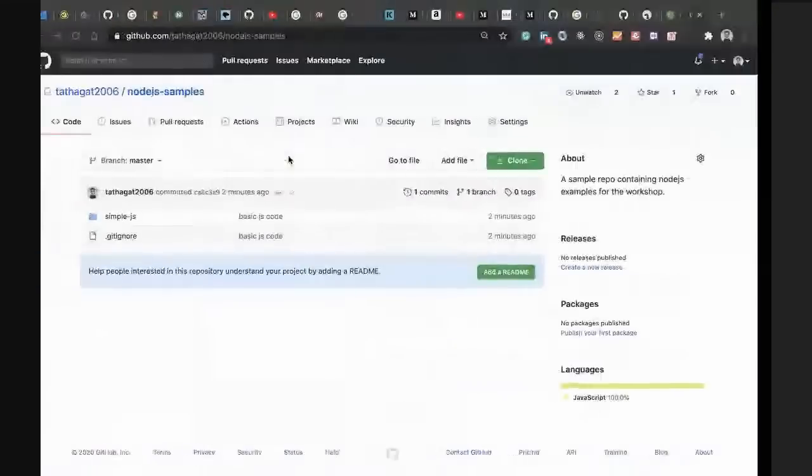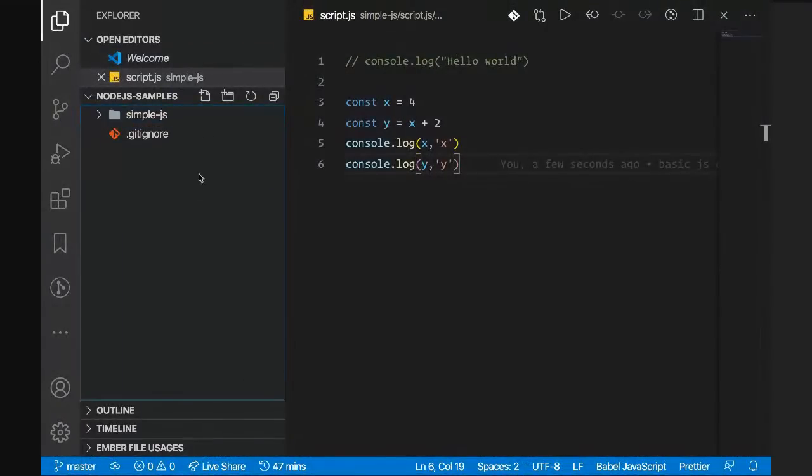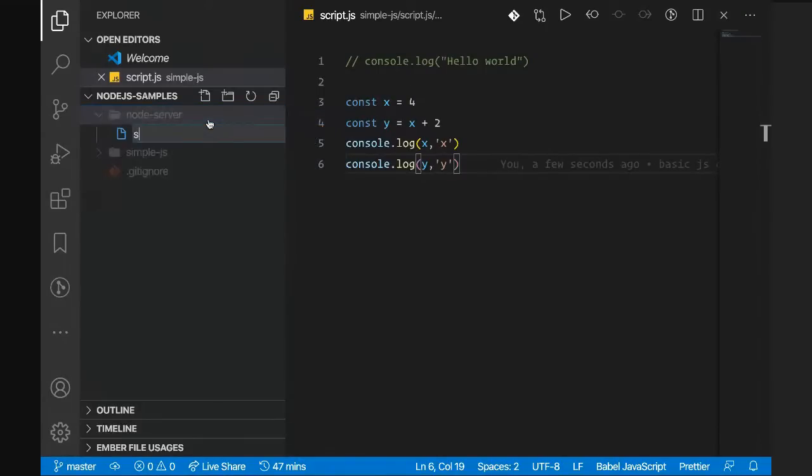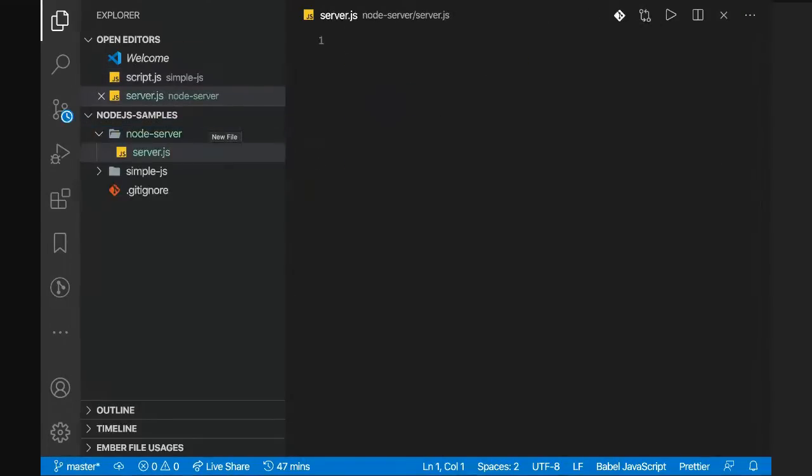So what I'll do, I'll make another folder, Node server, and I'll have a file server.js, let's say. Yeah, server.js. I'll have server.js. Okay,